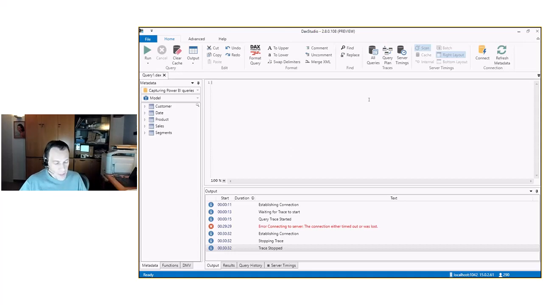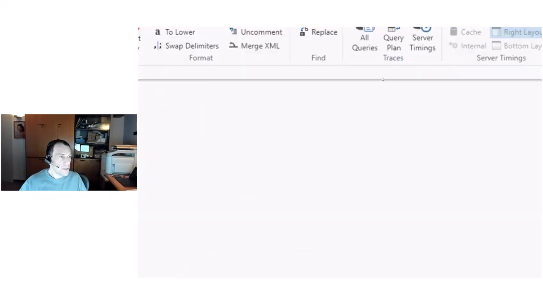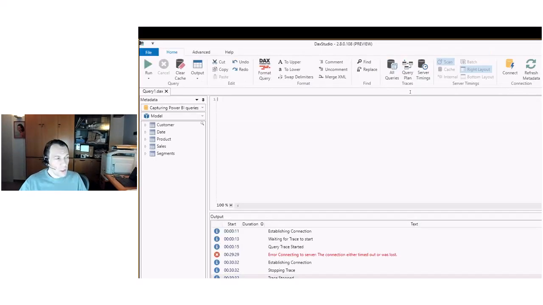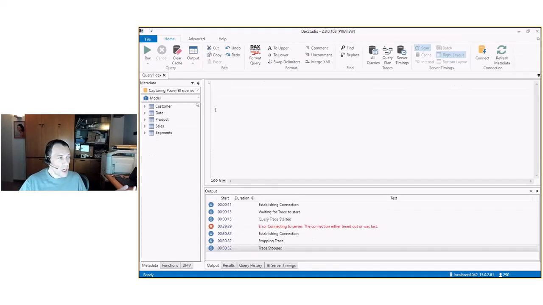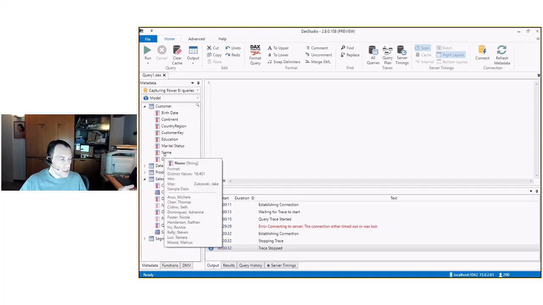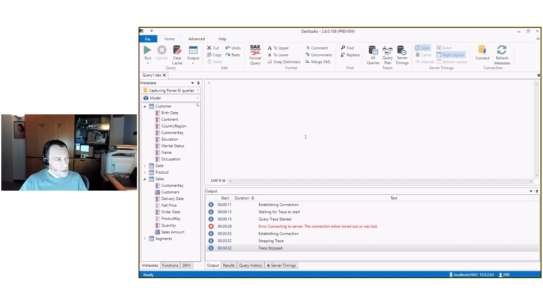We will use DAX Studio for these functions, which are here. But before showing you this function, I want to show you a very, very quick introduction to the features of DAX Studio. DAX Studio can show you the tables and the columns and the measures that you have in the model. For each one, it provides here in IntelliSense a few additional information, and it is designed to